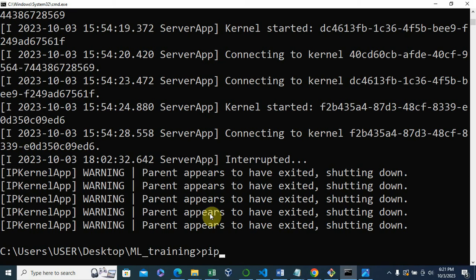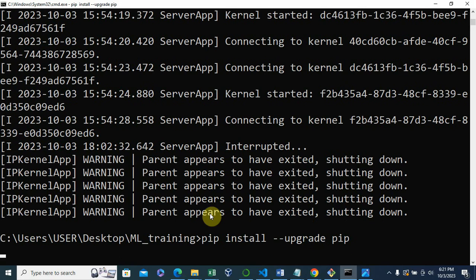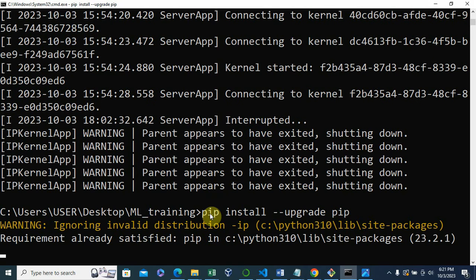You're going to do pip install and then upgrade pip. So you upgrade your Python installation package, so that we ensure that we have the latest version.